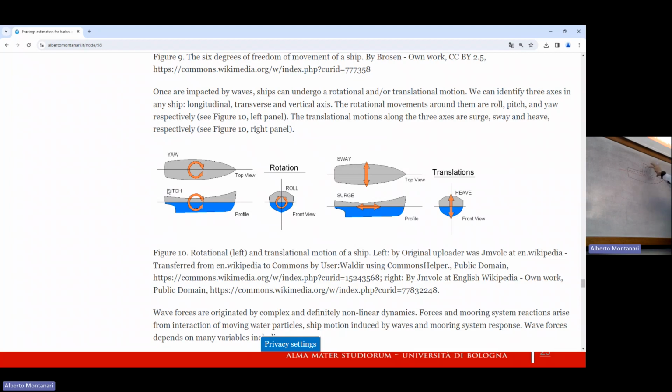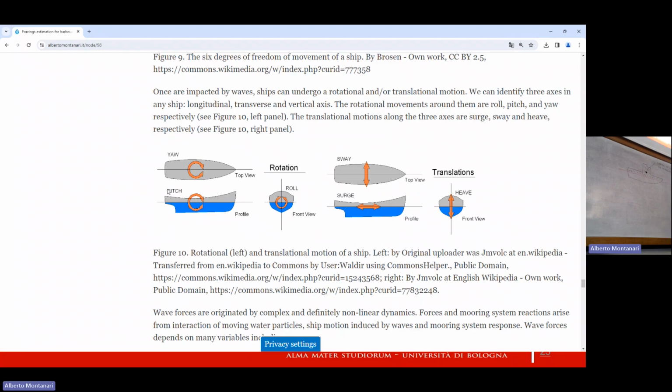So the wind is pushing, and what is the point of application of the wind forcing? The point of application, the point where the resulting wind force is applied, is the center of gravity of the area of the windage area. So this is the center of gravity of the windage area. Okay, so this is quite clear and quite simple. Now,